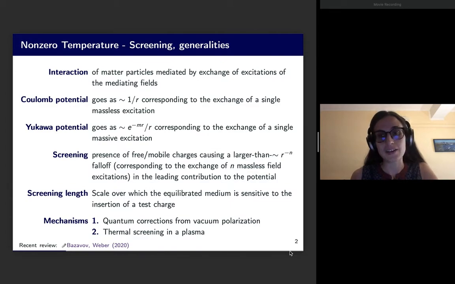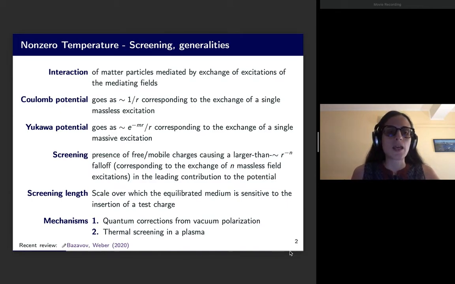And then we can define the concept of screening length as the scale over which the equilibrated medium is sensitive to the insertion of a test charge, or equivalently as the distance at which a particle in the plasma and the test charge, an external test charge that we have inserted in the same medium, do not feel each other's